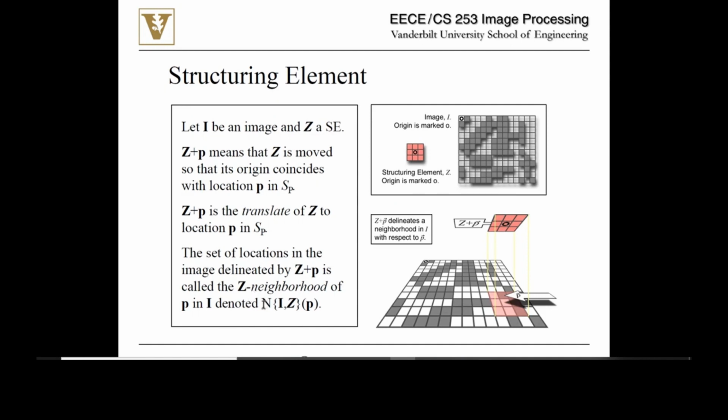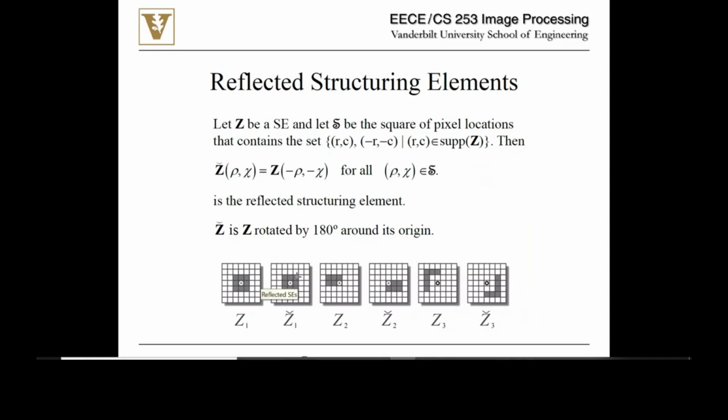And we will denote that also in this way. So it will be the neighborhood of the location P, and this neighborhood is defined by the structuring element Z, and it is applied to an image I. And we are still defining more operations because we will need them. So the next